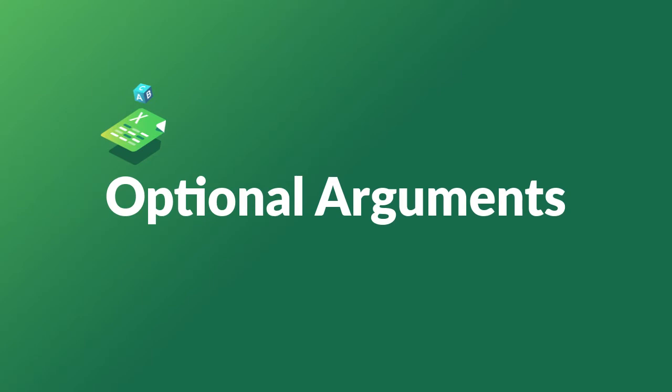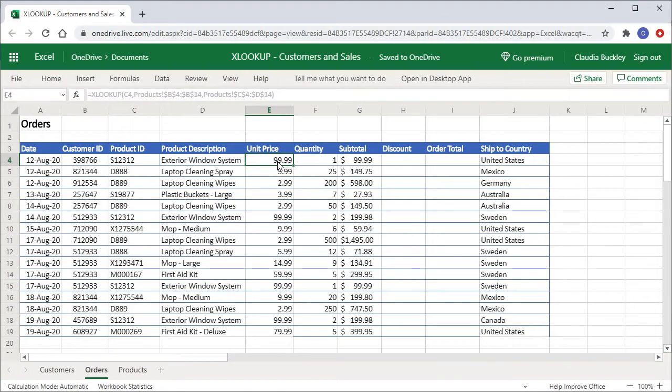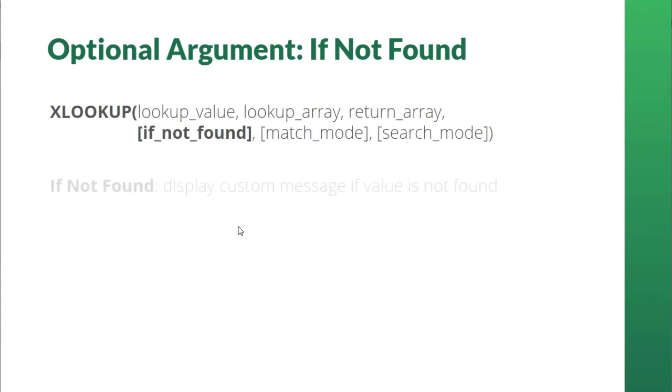So we just learned how to use XLOOKUP with the 3 required arguments. It's pretty easy. Now let's take a look at the 3 optional arguments within the syntax of this function. They're very useful, and they could save you lots of time and effort. The first optional argument is going to be the if not found. We use that when we want to display a message that the value we searched for wasn't found in the